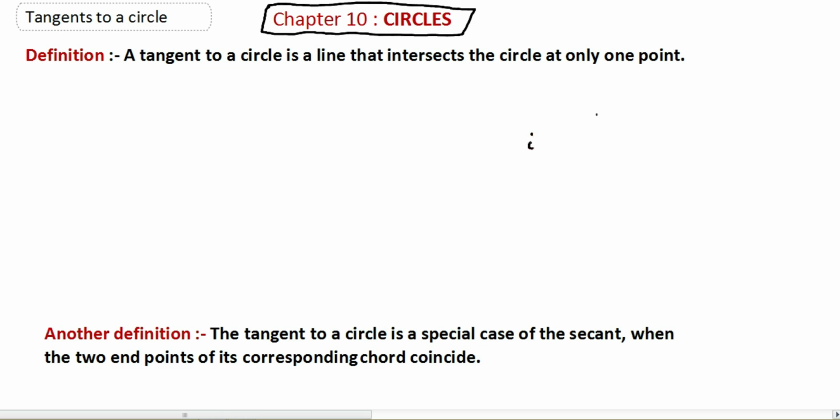A circle is a locus of a point. Suppose this is the point O, and if we take any other point P, and P moves such that... a locus means the path traced out by a moving point. So if the point P moves in such a way that the distance OP always remains fixed, then that traced out path is called a circle. The point will keep moving and retrace the path again and again, and this will complete a circle.